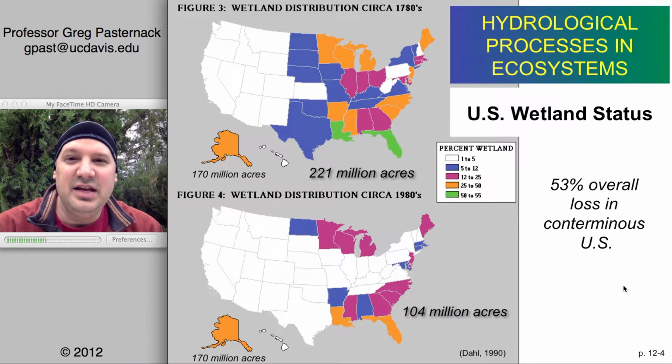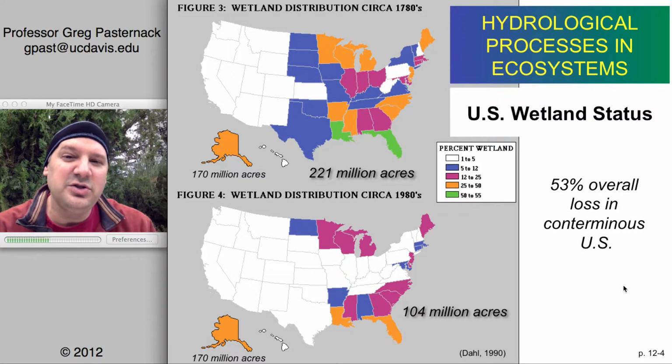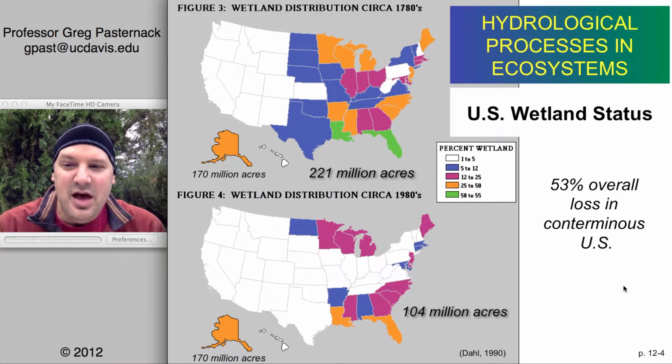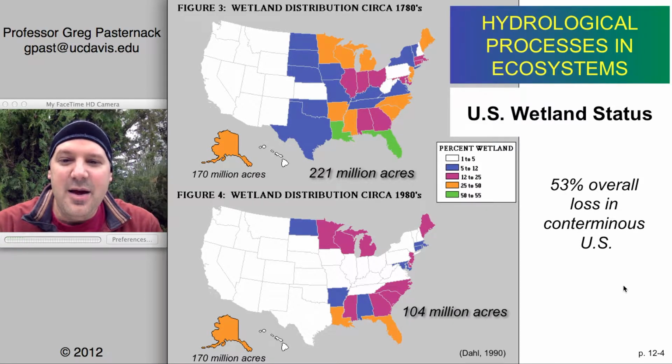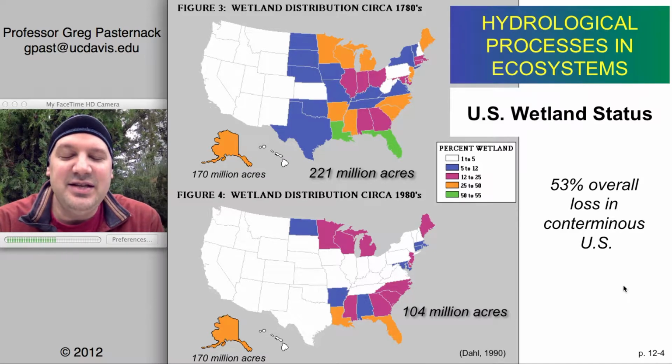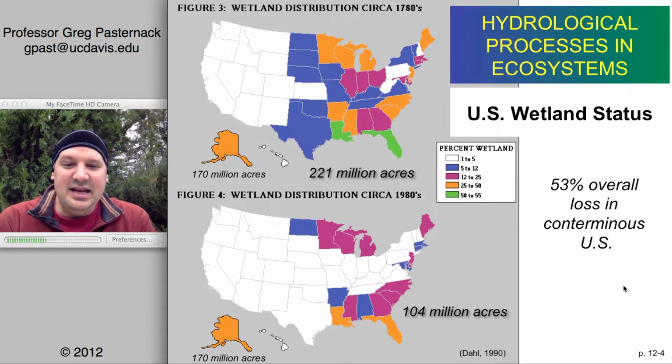I'll illustrate this with a couple of different graphs, but this first one here shows maps of the area of the U.S. and then by state, the percent that was existing as wetlands. So it's important to appreciate this is on a percent basis. A state like California might have a lot of total acres of wetlands, but on a percent basis, it doesn't add up to a whole lot. So there were 221 million acres of wetlands in the 1780s, but by the 1980s, that had been reduced